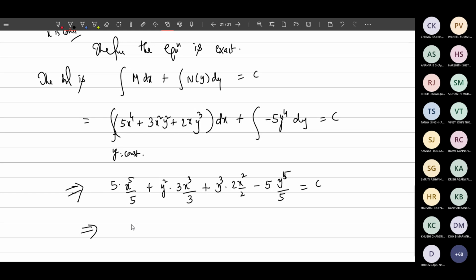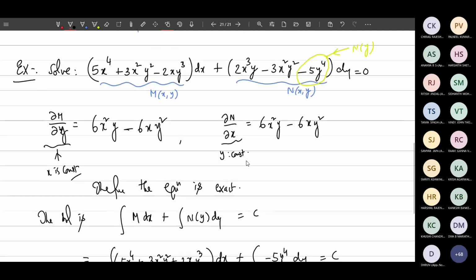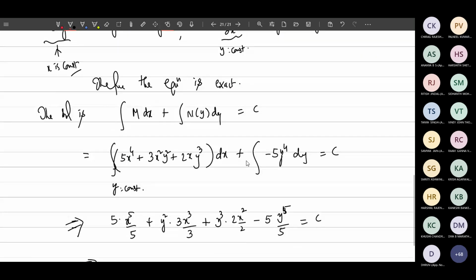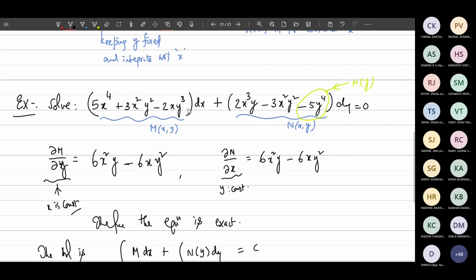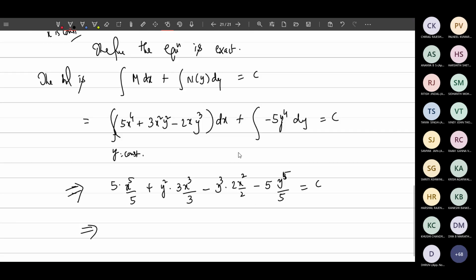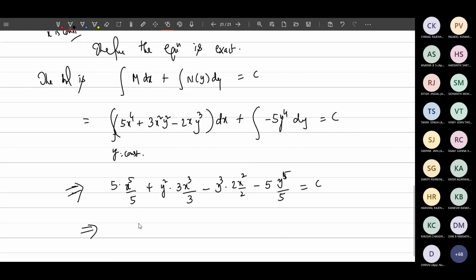Sir, it's minus 2xy^3, question. Yes, so it's minus 2x. Exactly. Sir, how did you choose M dx? Like the terms? M dx means just M only. I have not selected terms, just the whole M(x,y). Oh, okay, got it. Only N(x,y) is important here. So this is x^5, x^3y^2.